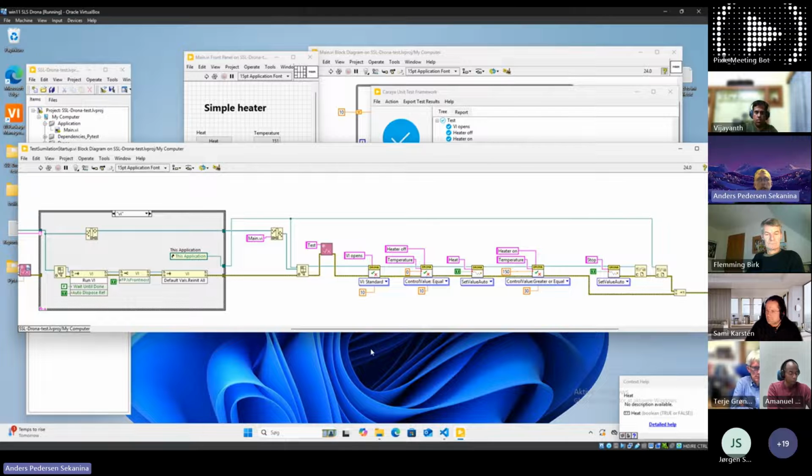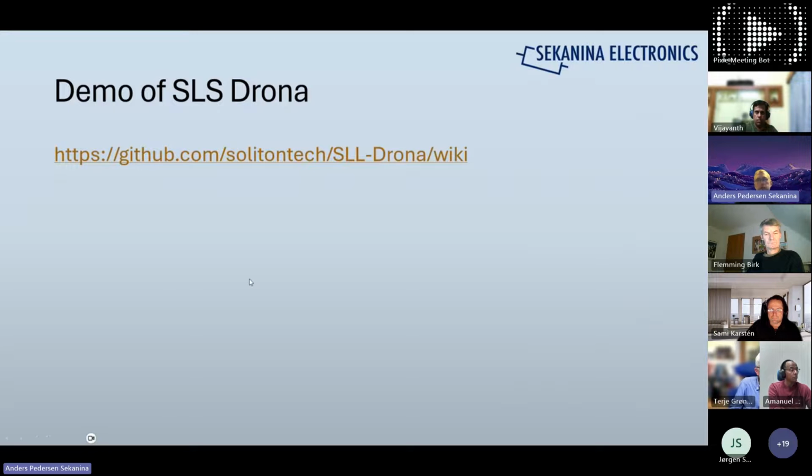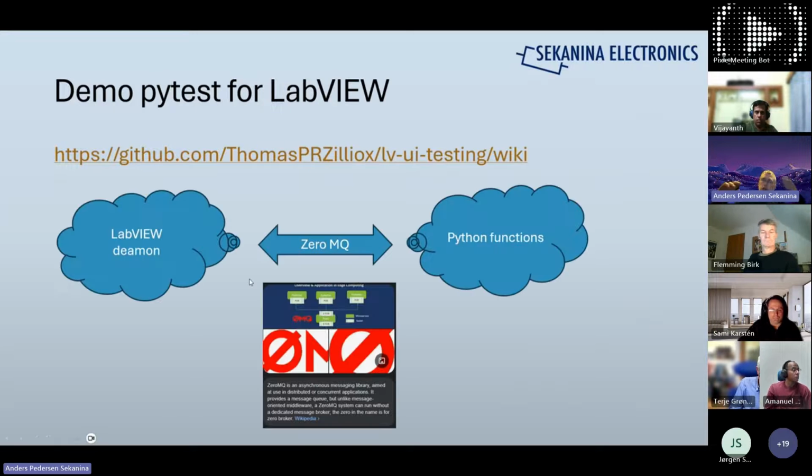If we then go back to this one here, then I will talk a little about the PyTest. I also stumbled upon some other old automated UI tests, but they were so old and I couldn't really download them, so I've taken the big ones I found. The PyTest for LabVIEW.